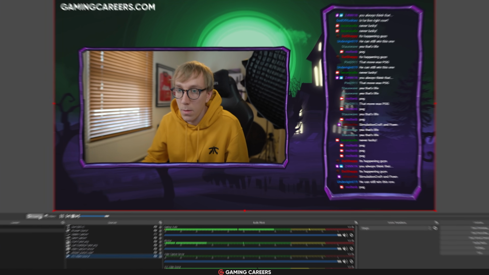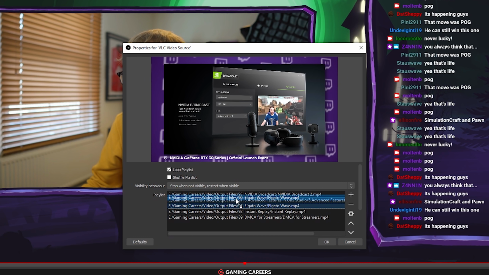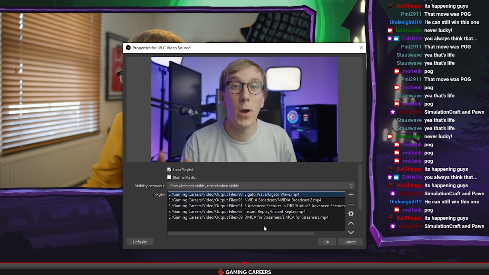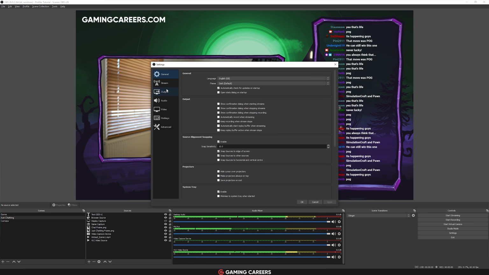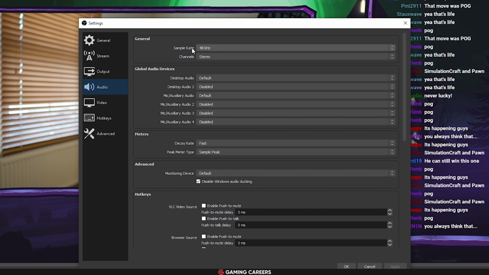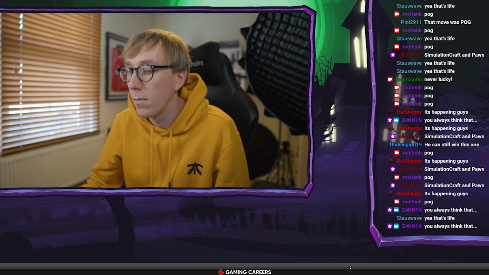If you make use of the VLC playlist source, you can now rearrange the order of the videos inside by just dragging and dropping items rather than needing to click the little up and down arrows. They finally made the change to update the default audio sample rate to 48 kHz instead of 44.1 kHz, which should help with the mass amount of people that have stuttering microphones and things like that. Along with all of these new features we've discussed, they have fixed a whole bunch of different bugs, as always wanting to try and make OBS Studio as stable as possible for all of the people that are using it